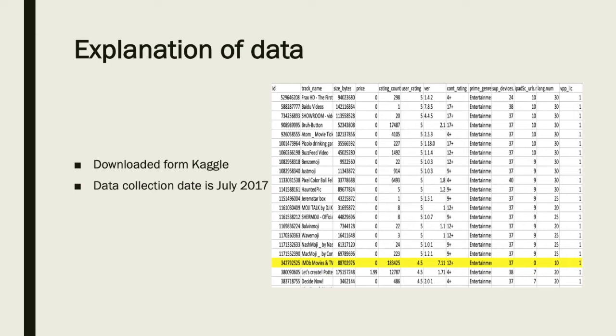The data collection date is July 2017, and the dataset is provided in CSV format. We selected 534 out of 10,000 data, and we only target the entertainment genre. As a result of cleaning the missing and error data, this research will only take user rating as the target variable and other independent variables. Also, in order to get a specific result from the entertainment market, this research will only target entertainment data apart from the original data. The purpose of this research is to identify the important factors which will affect the rating